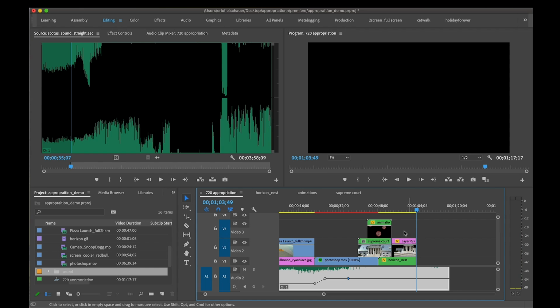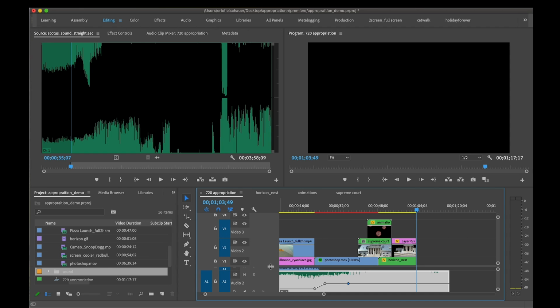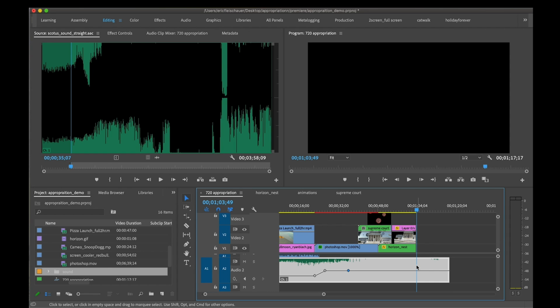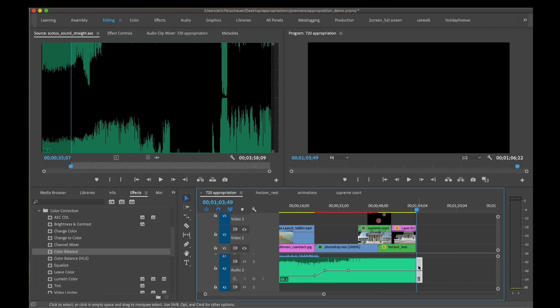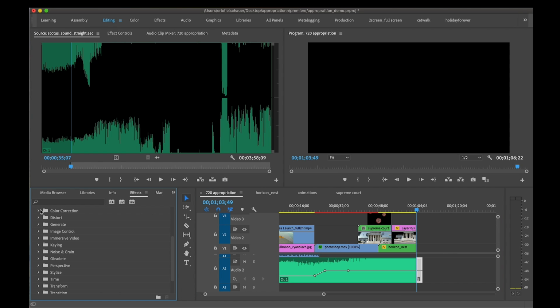So I'm just going to add an audio effect, but because I don't want it to apply to the whole track, I'm going to do a cheap way of doing it. I'm just going to use my razor blade to cut right there, and cut a little area. And now when I add my audio filter, it's only going to go on this little part,